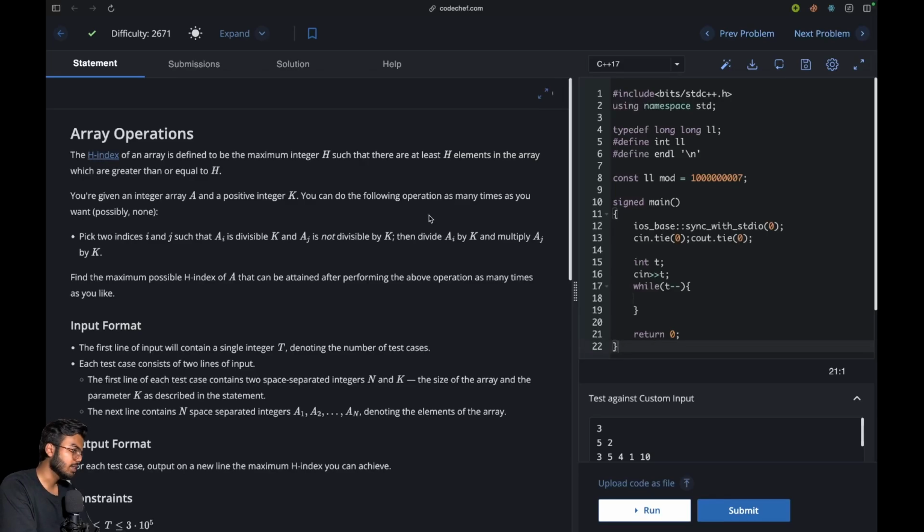Hello everyone, welcome back to Code Enzyme, and in this video we will discuss the problem Array Operations from Status